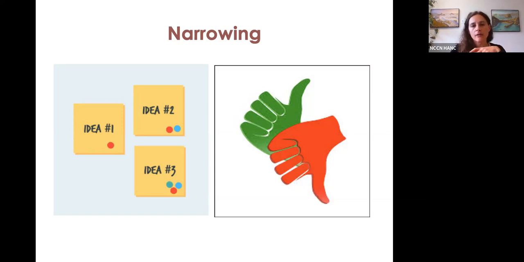Going through the process of having folks write down on a sticky or have that verbal conversation about the pros and cons helps the team to really identify what it is that they are hoping and needing out of this process, and gives them time to think through and narrow down their thinking before having to make a decision. Next slide.